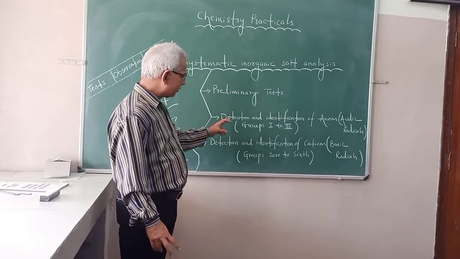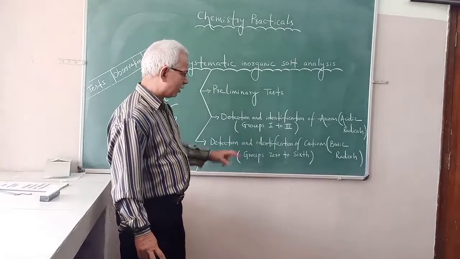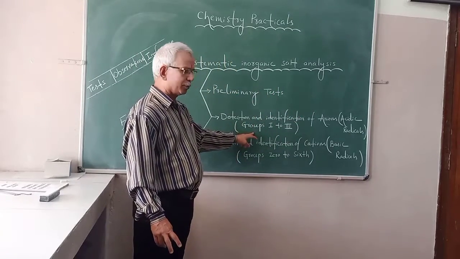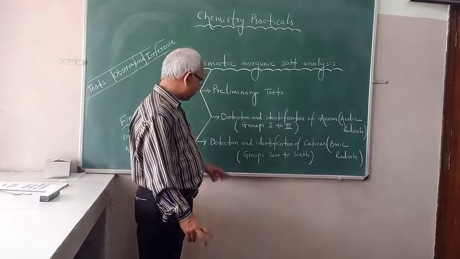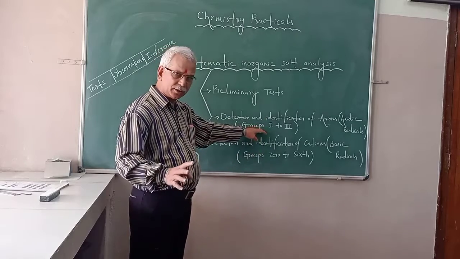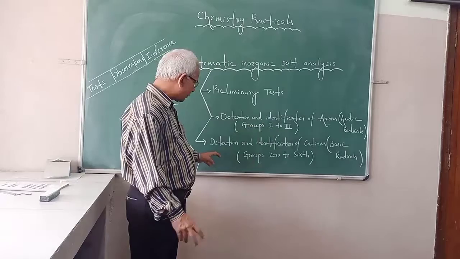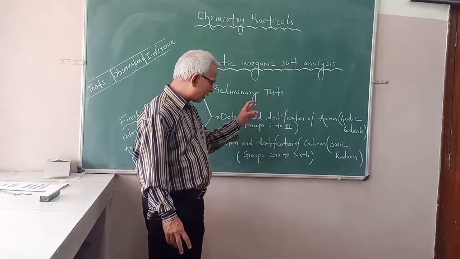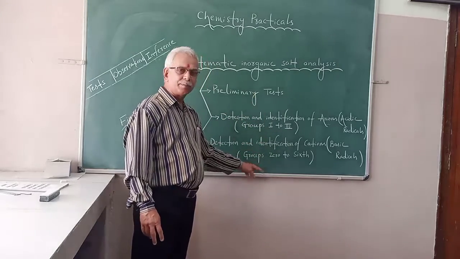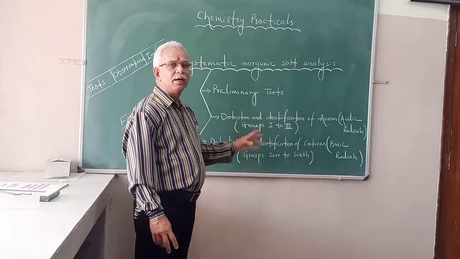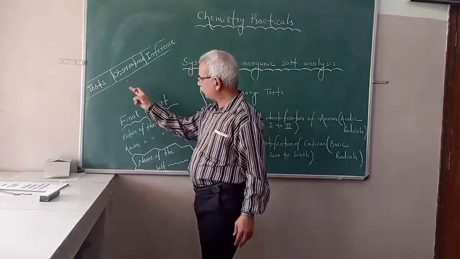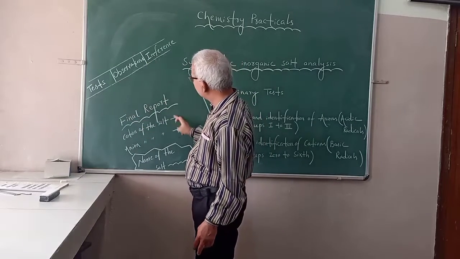Second part, detection and identification of anions, also called acid or acidic radicals. In this we have 3 groups, 1, 2, 3. Accordingly we go for a test, then conclude which anion is there. In our today's salt analysis, chloride is present. The third part is detection and identification of cations, basic radicals. Today's salt falls in group 0, the ammonium radical, ammonium cation, NH4 1 plus. Here you have to make 3 columns: test column, observation column, inference column.